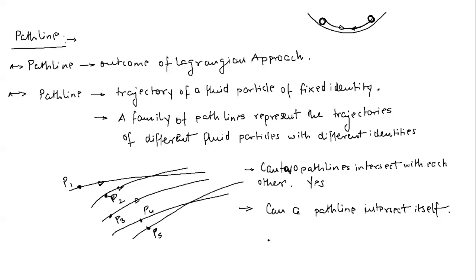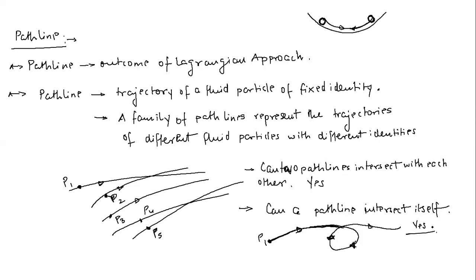Okay, so let's say this fluid particle started from here. It was tracing this path. Then suddenly this thing happened, and then it moved like this. So it's very obvious. Now this fluid particle can intersect its path, meaning we are tracing the motion of this fluid particle. It flowed like this, traced this path, went like this, then it came to this path. So a path line can intersect itself. So now the answer will be yes.